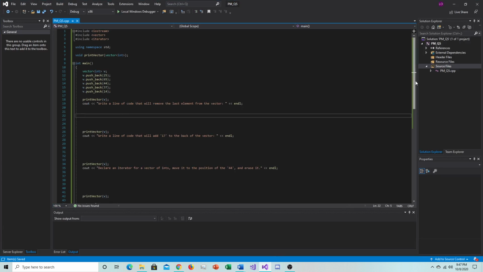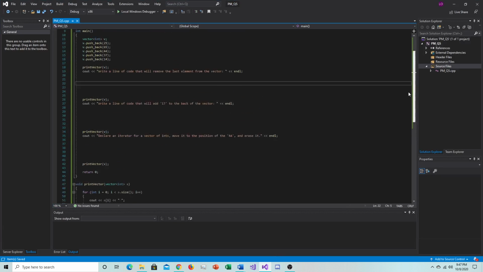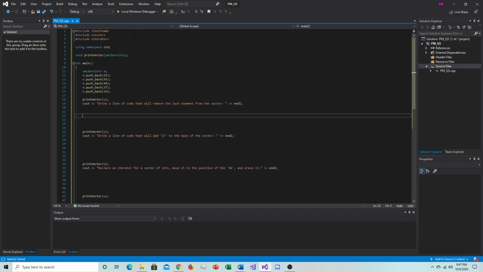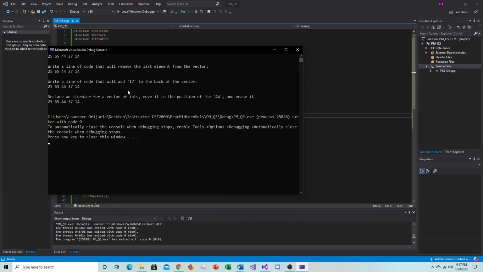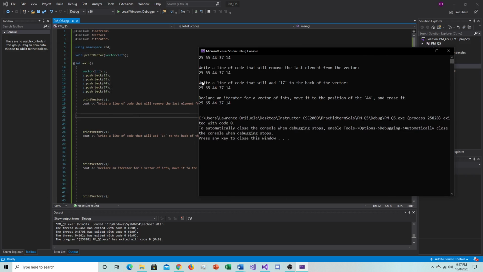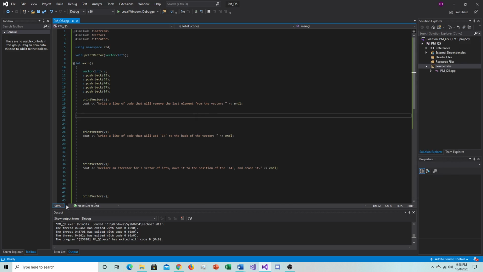Well, I think the first thing you want to see is how this looks without writing anything. So let's do that. So this is how the vector looks before. The vector's not changed, the vector's not changed, the vector's not changed. Okay, well, we'll get to those. So,